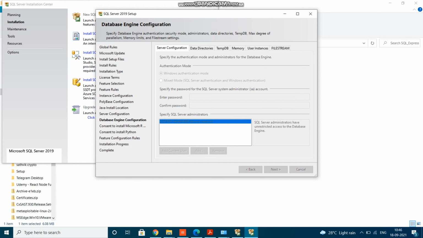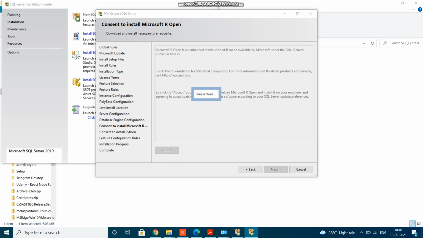So Windows authentication. Click on next. Accept. Click on next. Accept. Next. So let it install.